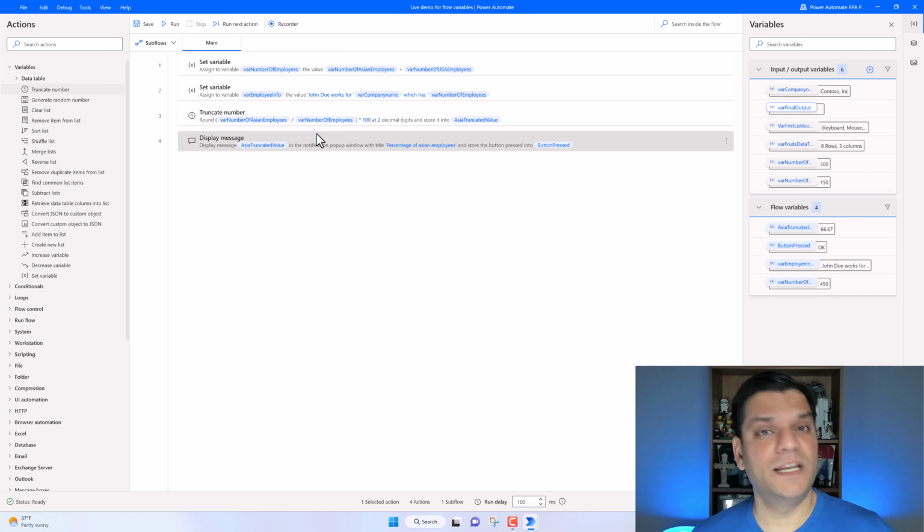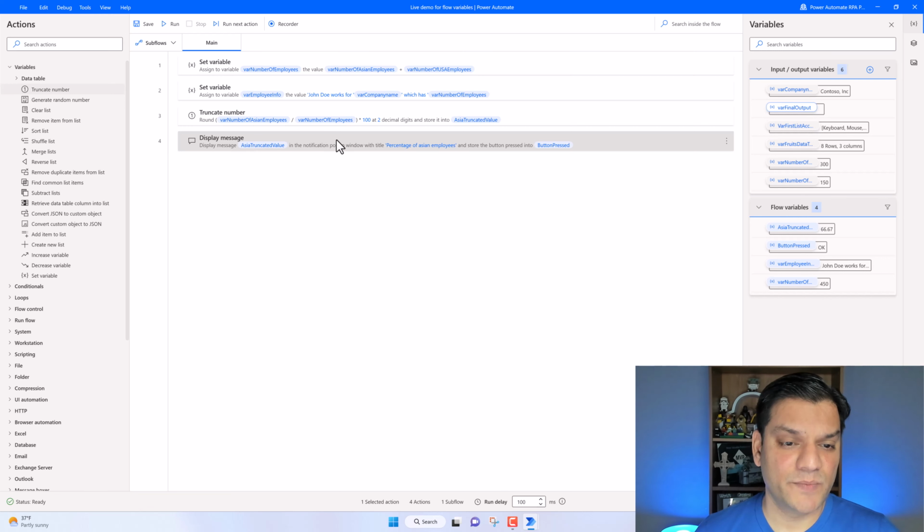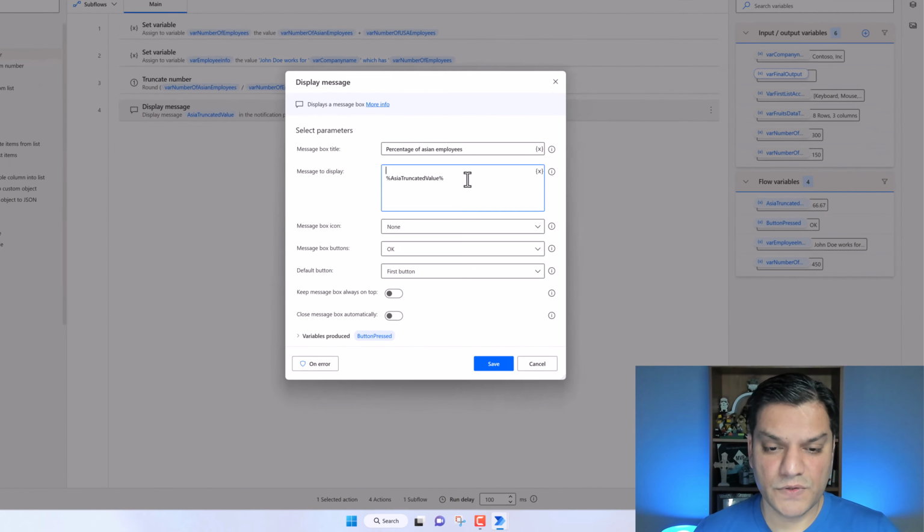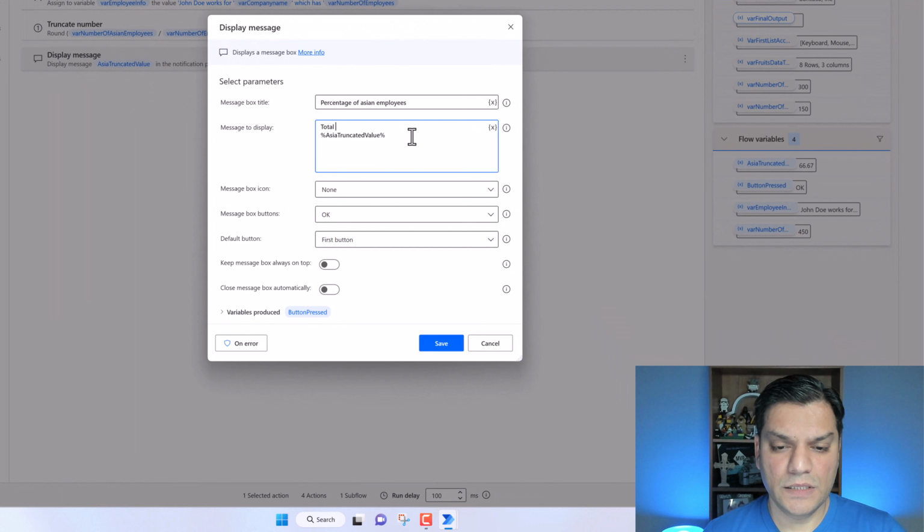Because this is not just a number, that's 66.7, it's actually a percentage, and it is a percentage tied to Asia. So I want to display that properly inside the Asia display message. So what I'm going to do is actually go ahead and type that in perfectly. I'm going to say total number of employees